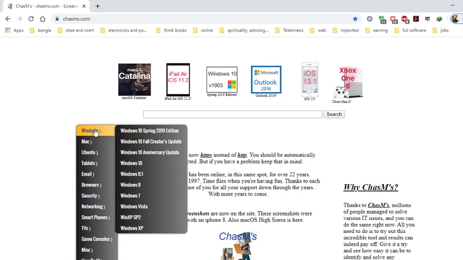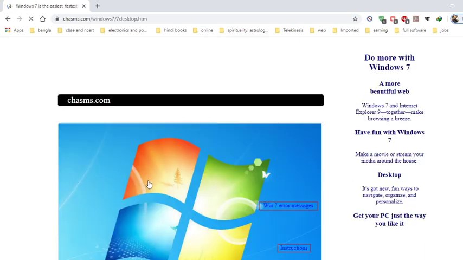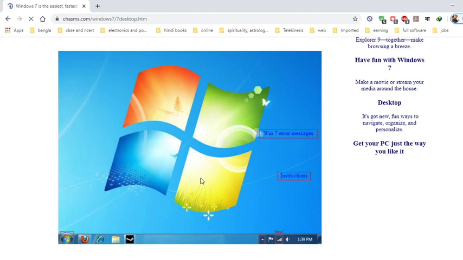It will give you a view of how different types of operating systems look. So when you click on Windows 7, at the bottom portion you'll find Windows 7. Click on it. You see, it shows you the screen in a similar manner to what I showed you over here.